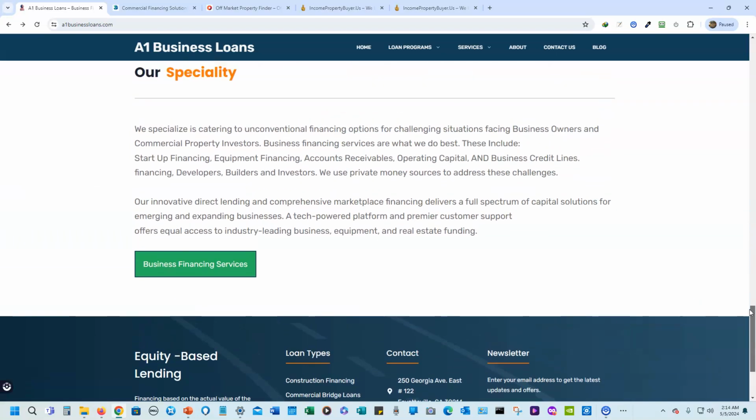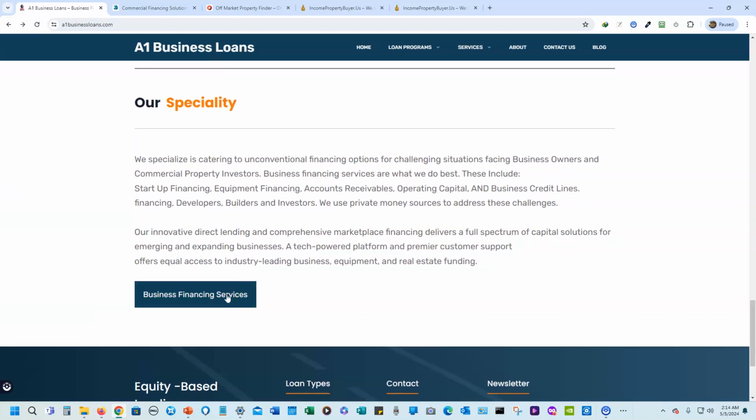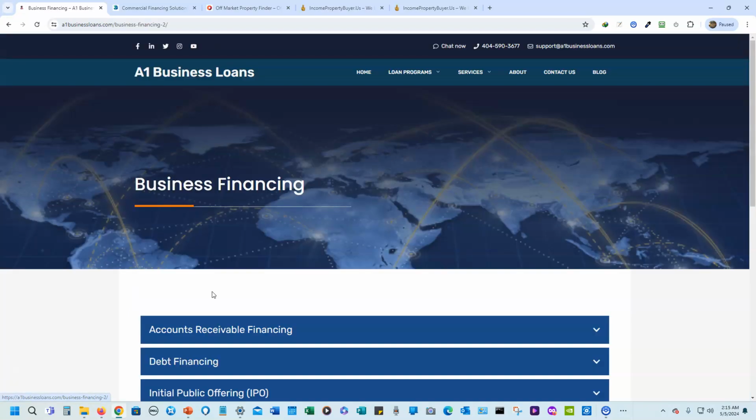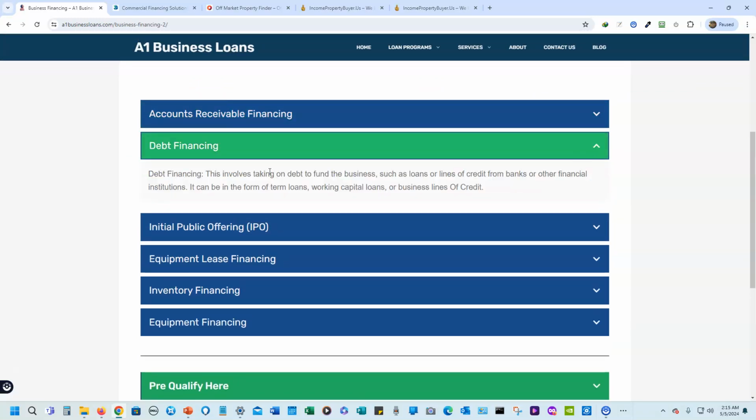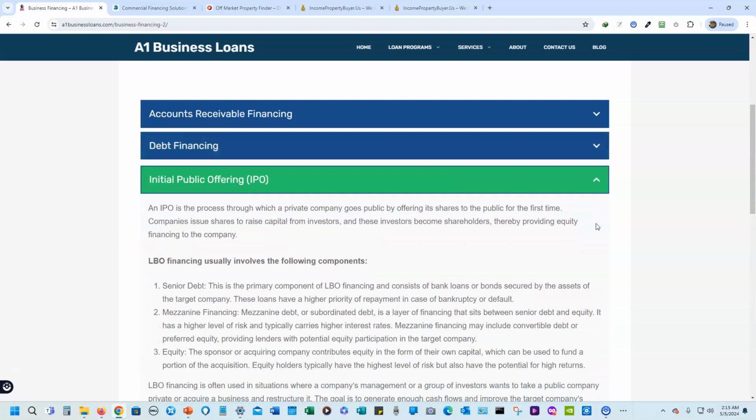All right. Now, our financing services business. Remember, there are two things going on here. This site has real estate as well as business products on it. So if we go to business products, what we have here is accounts receivables, debt financing, and you do the pull down, and it gives you some detail